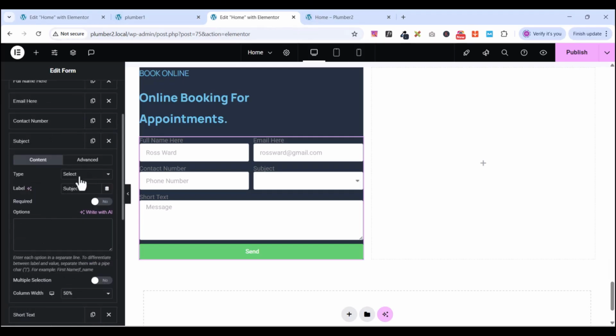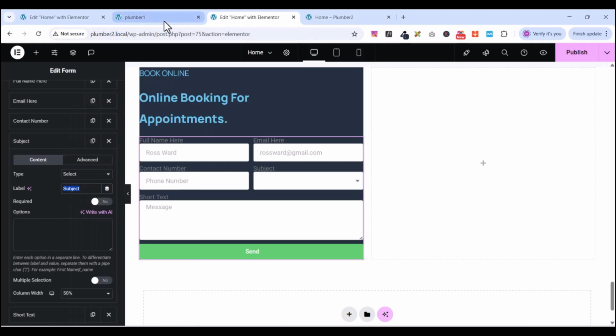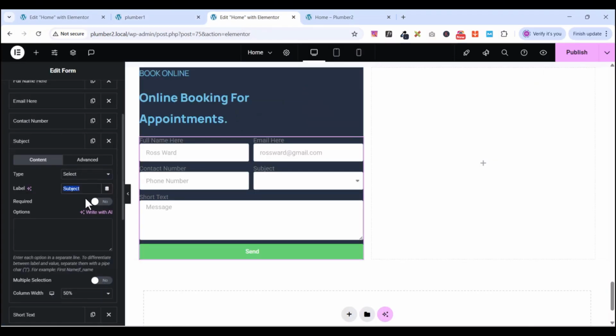Label, selection. My label is going to be select service. Okay, and our service here is going to be